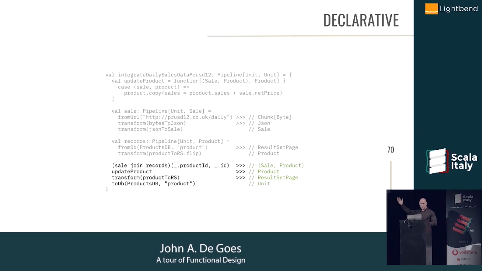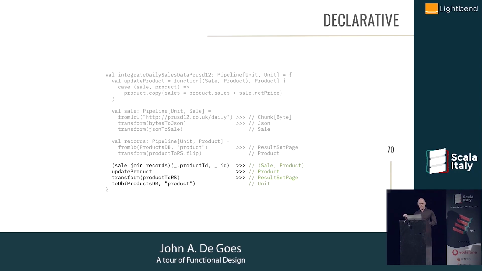And these operators, the six or whatever operators I showed you, can solve not just this problem, they can solve an infinite class of problems. I'm not saying they can solve all problems that you'll run into, obviously, but they can solve a pretty big, wide range of problems in six operators that you can reason about algebraically. And what we get out of this is nothing more than a data structure. And this data structure, unlike the things that you get out of functional effect systems, has no continuations embedded in it. Functional effect systems allow you to do great things because they're monadic, they're very powerful. They embed the power of continuations inside them.